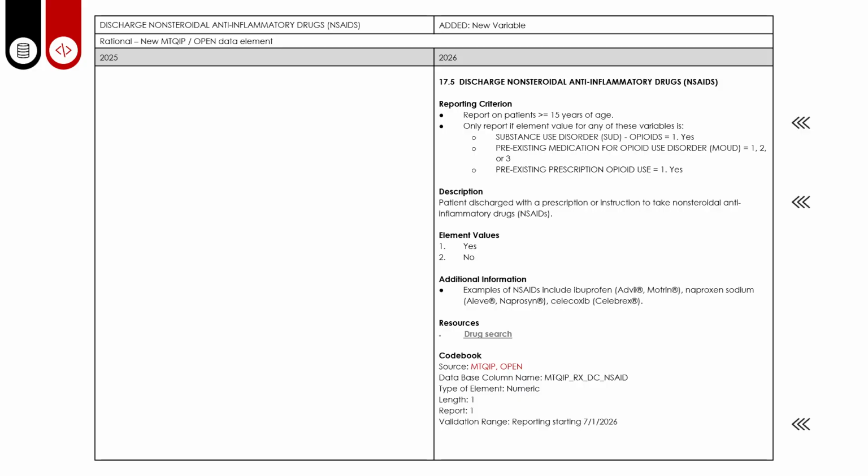Discharged nonsteroidal anti-inflammatory drugs is to be reported for patients discharged with a prescription or instruction to take a nonsteroidal anti-inflammatory drug. Only report if substance use disorder opioids equals 1 or yes. Pre-existing medication for opioid use disorder equals 1, 2, or 3. Or if pre-existing prescription opioid use equals 1 or yes. Reporting date starts July 1,